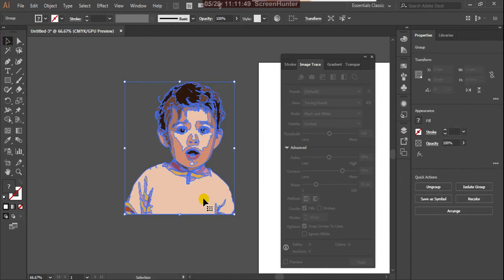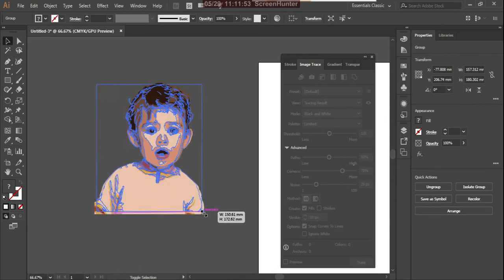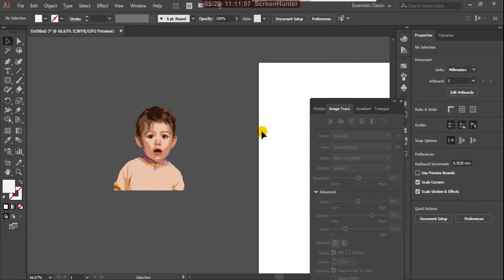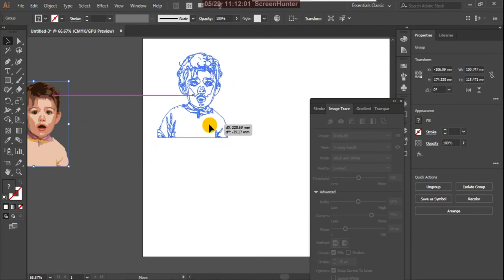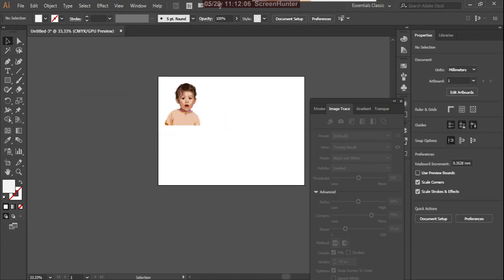Now it is grouped. So you can reduce and keep this size. So this is the method.